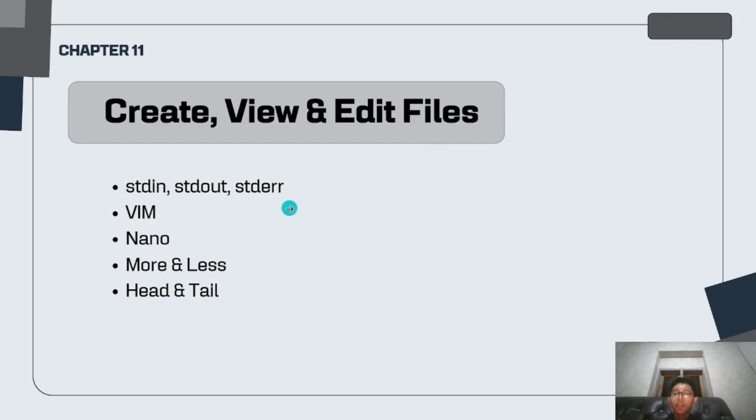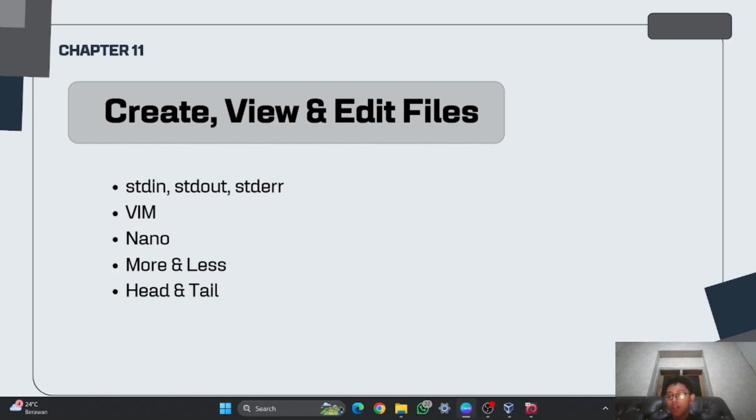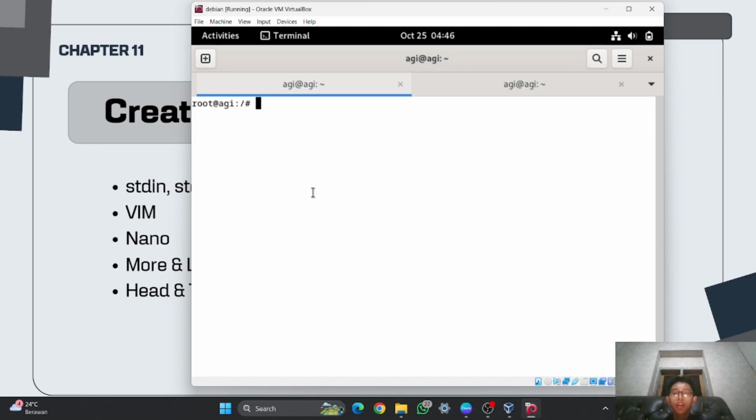And the next one is more and less. So more and less are almost the same as cat, which is to see some file. Here I will log in as root first, and I will try to see the log of the user that I've logged into, which is root, using cat first: cat, and then var log, and then auth.